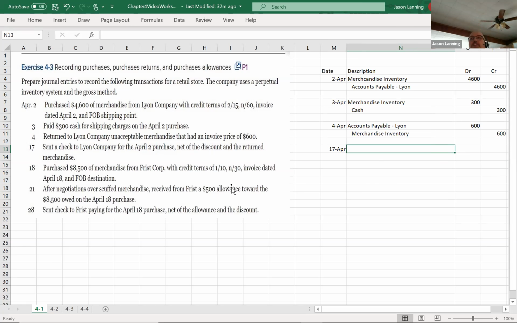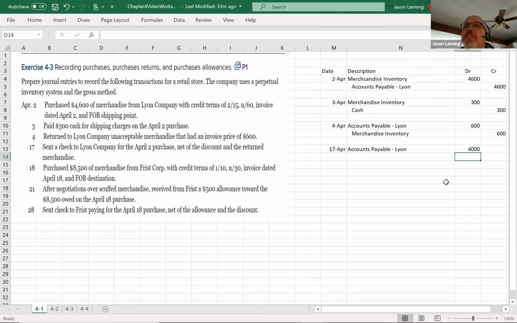So basically, in this sense, we have to think, okay, what do we owe this Lion company? Well, if you remember, we bought $4,600 worth of stuff from them, but we returned 600. So we owe them $4,000. If we're going to pay this in full, we have to debit our liability, not 4,600, but 4,000, because the 4,600 that we ordered and the 600 we returned mean